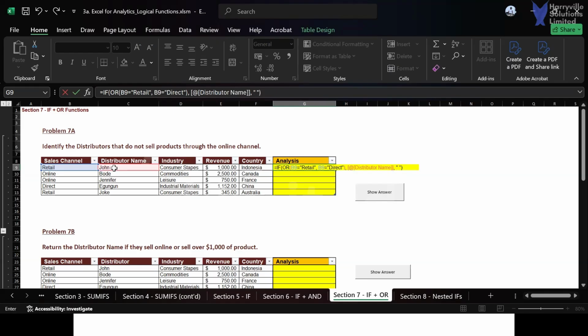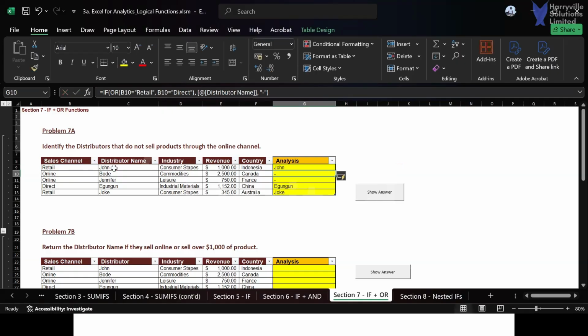Still means the same thing too. Or at the same time, I can just put a dash, and then I'll close my quotation, then I'll close my bracket, and then I'll hit enter. Then you can see that John